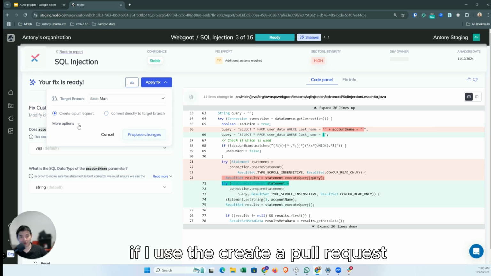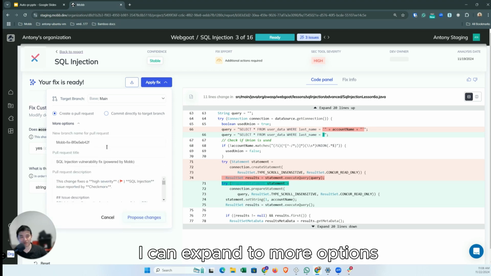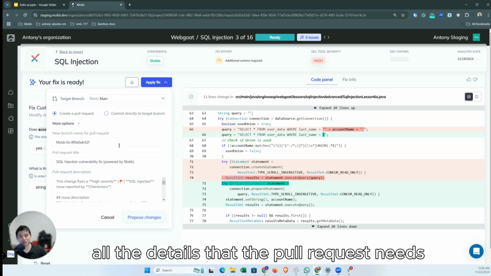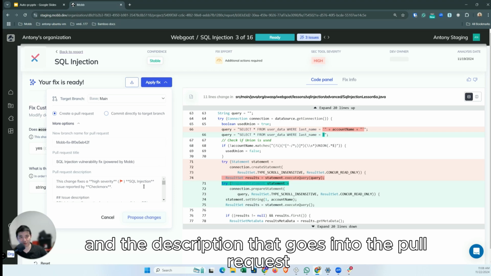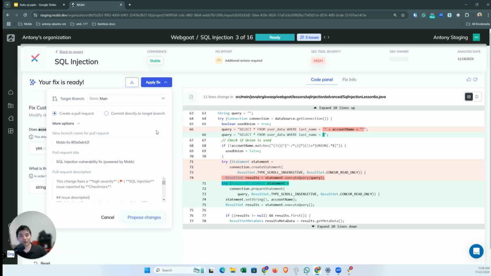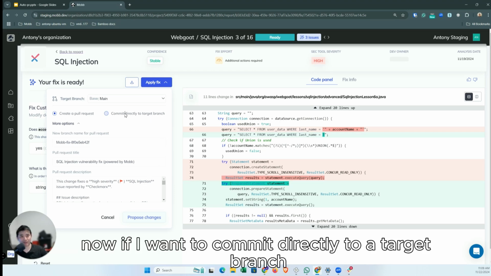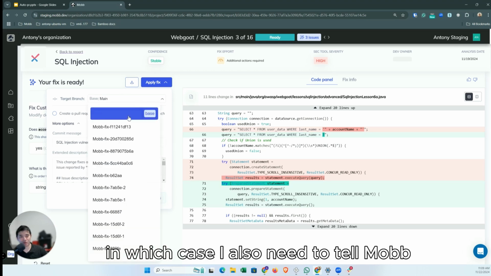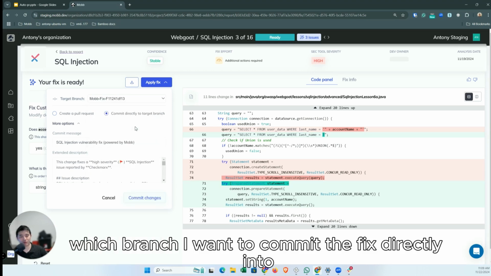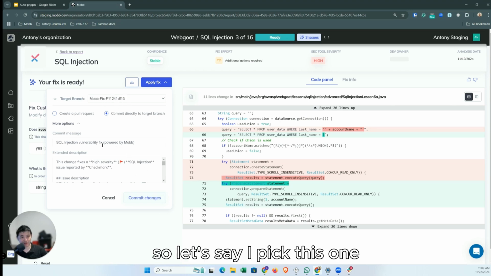If I use create a pull request, I can expand the more options and this will allow me to see all the details that the pull request needs, including the temporary branch that Mobb will be creating along with the title and the description that goes into the pull request. Now, if I want to commit directly to a target branch, I can select the other option, in which case I also need to tell Mobb which branch I want to commit the fix directly into. So let's say I pick this one,